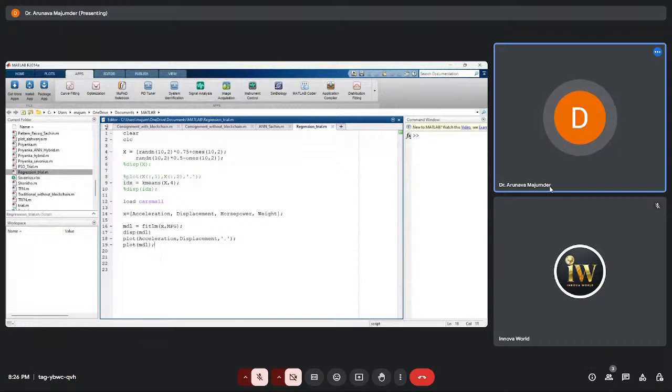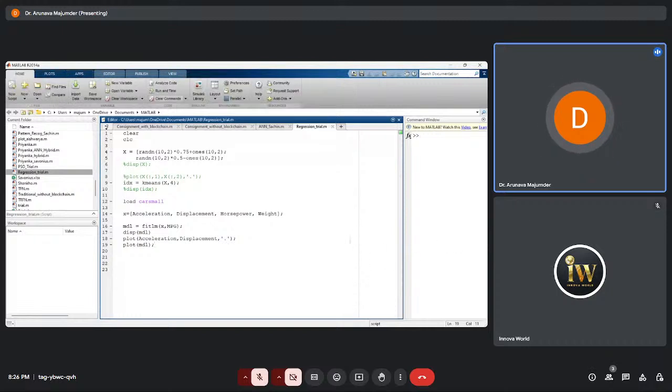I'm just showing you how you can analyze the data set. So if I analyze this data set with a multilinear problem, now if I run it here,